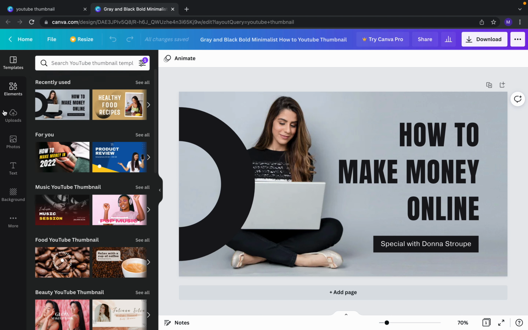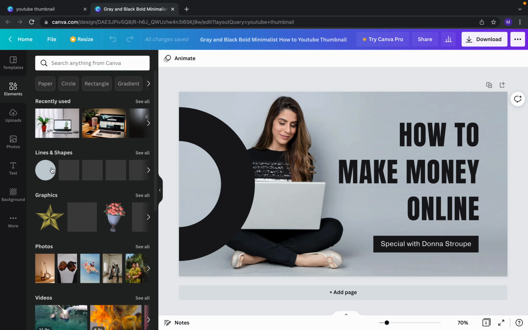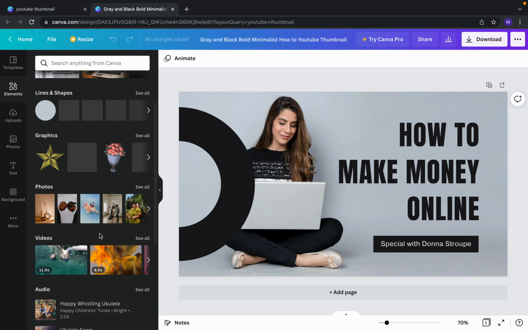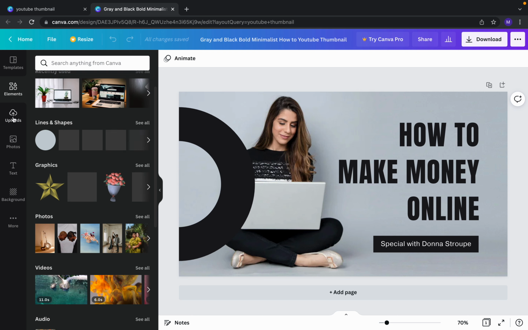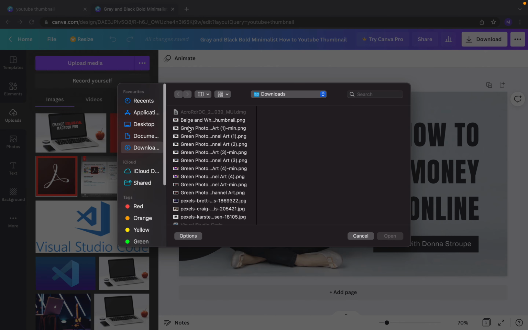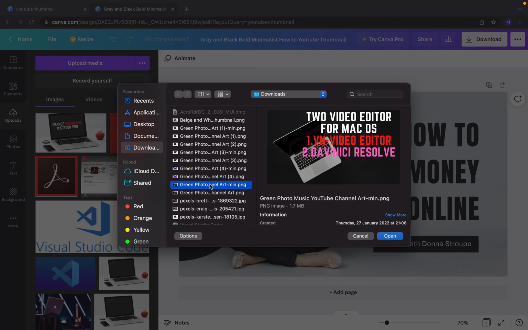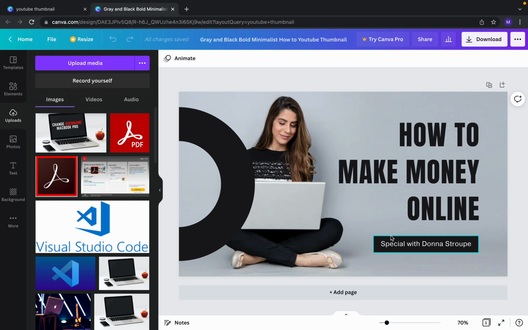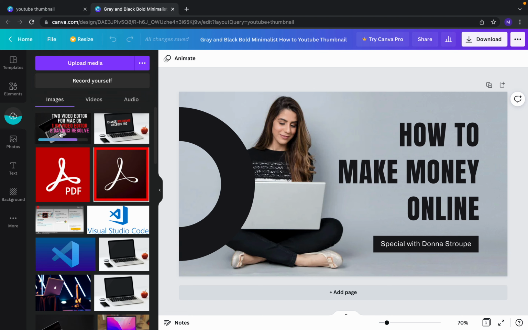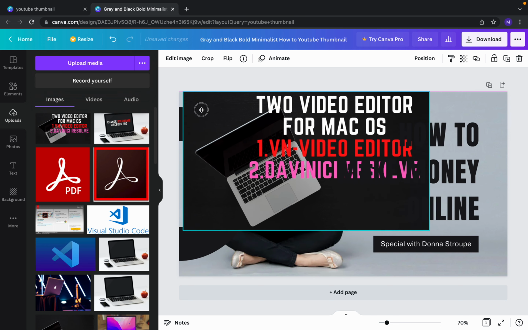And so here on the left side we have different options. Here you can add many elements like lines, shapes, different things you can add on your thumbnail. And here you can actually upload your photos. For example, you can click here and you can choose your photos, and I'm going to upload these photos. And once you upload them, you can use these photos like this,